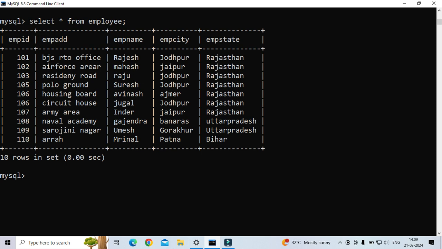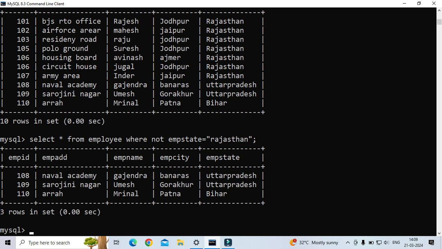Suppose we have a table named employee having 9 records. Now suppose you want to list the details of all the employees whose state is not Rajasthan. To do this task we have to use the following query: select * from employee where not EMP_state = 'Rajasthan'. As you can see in the output on the screen, it has displayed all the records where EMP_state is not